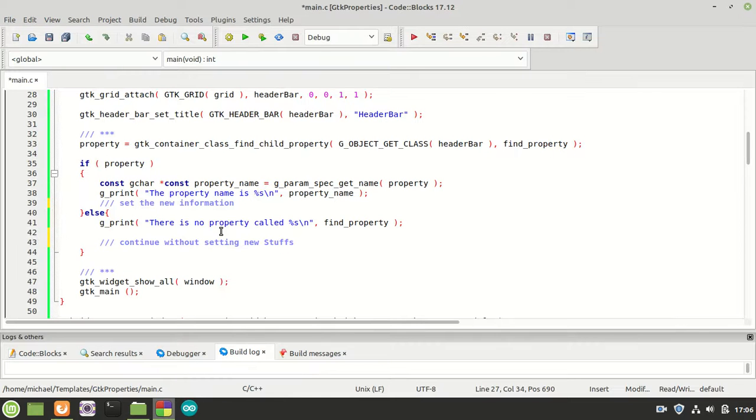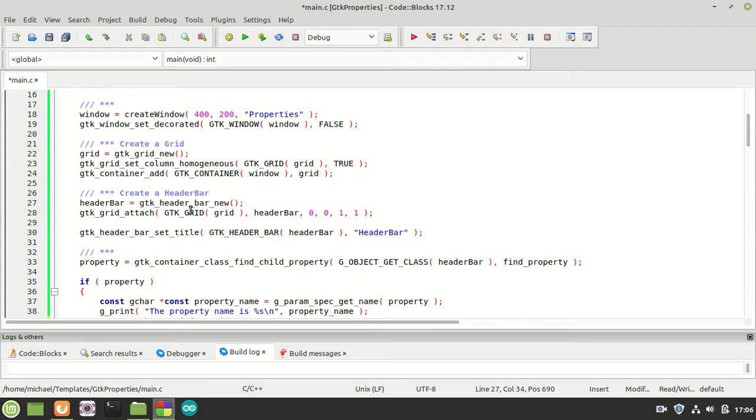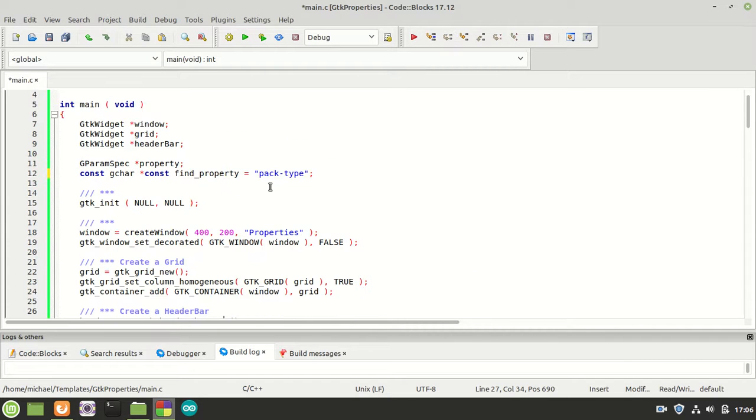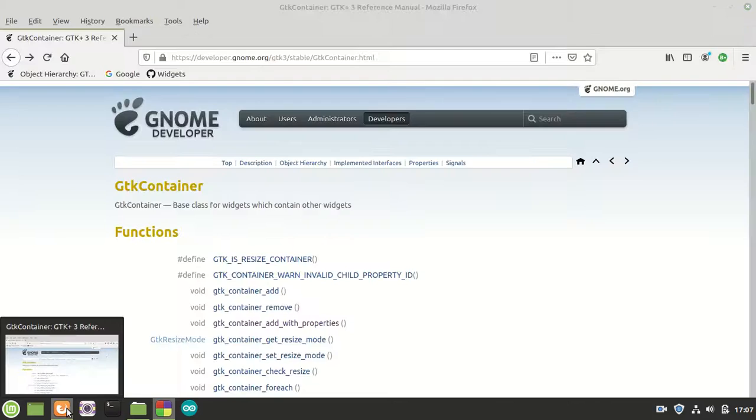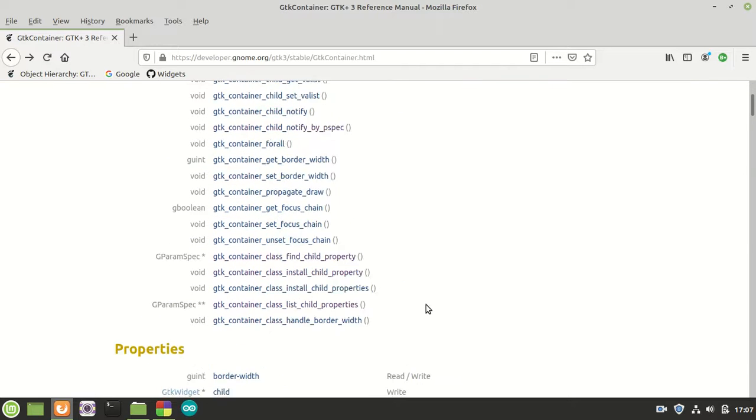In the last video we saw what we need to find out if a property exists, like in our case the pack type. And for this we needed the gtk_container_class_find_child_property function. Now there is another function, it is right down here,